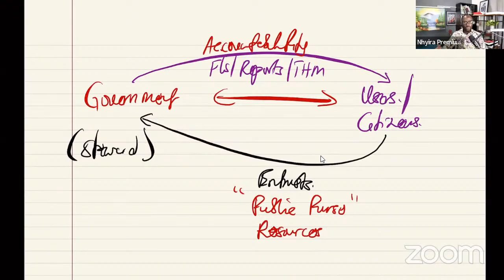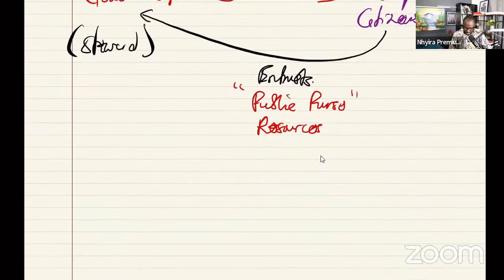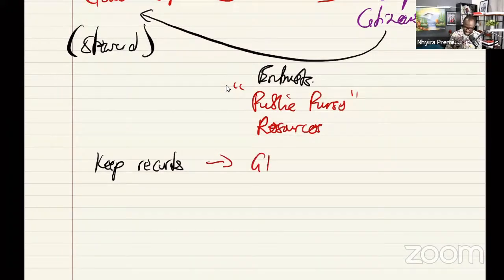The only way we can do that is if governments keep records. But records cannot be kept anyhow. So currently, all records in Ghana are supposed to be kept in what is called the Ghana Integrated Financial Management Information System,